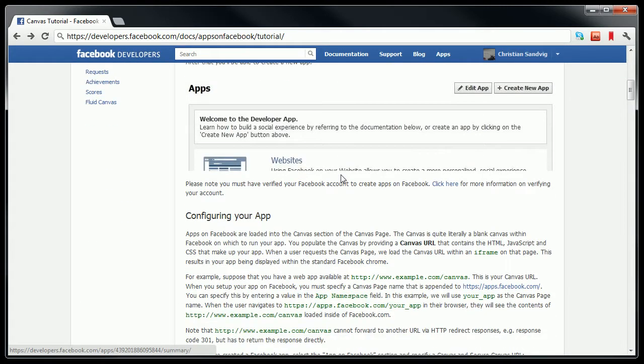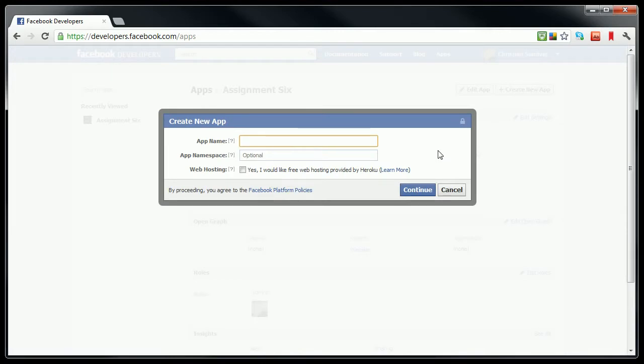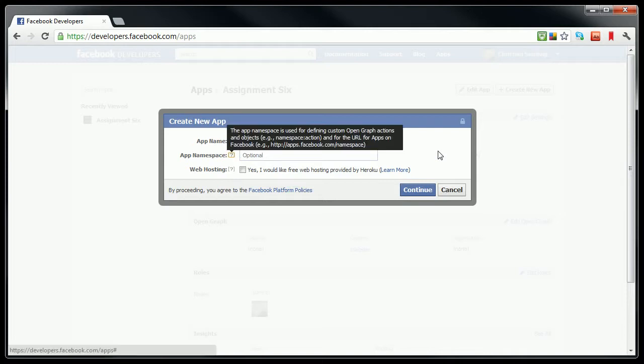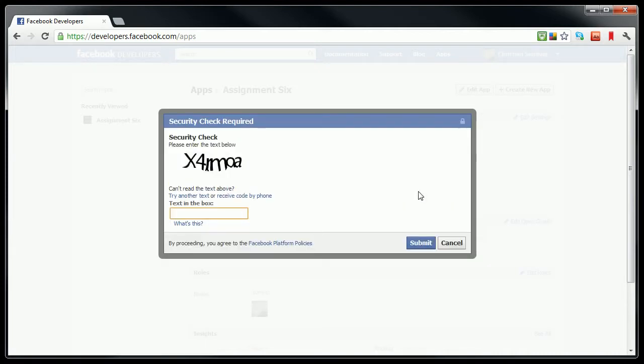The next thing that you want to do after that is simply press the Create a New App button in the Developer app. So let's go back to the Developer app and hit Create New App. You'll have to name it. I'm going to call mine test app. I don't need to worry about anything else here, and then I'll hit Continue. To prove that I'm actually a human,